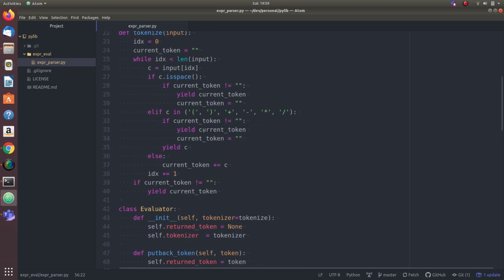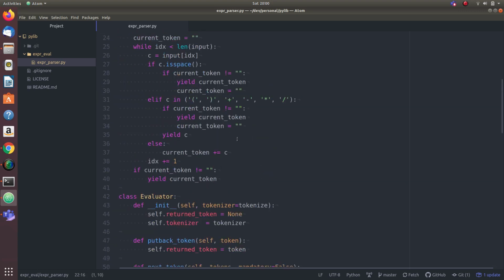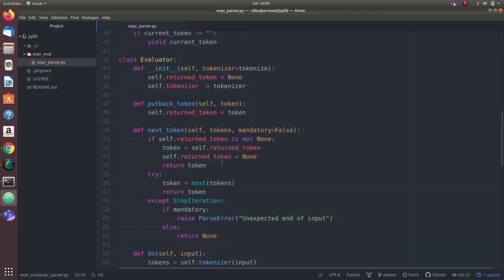When we first call such a generator function, it creates a generator object, and then we can call next on that object to get the elements of the lazy sequence one by one. And if there is nothing left, it generates a stop iteration exception. So it takes care of some of the bookkeeping. For example, if there is an exception, it will return none unless the mandatory flag is set, in which case it will return a parse error.